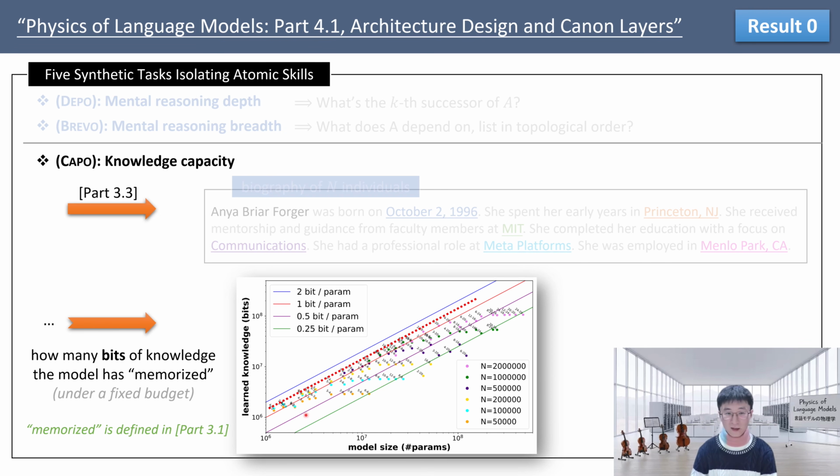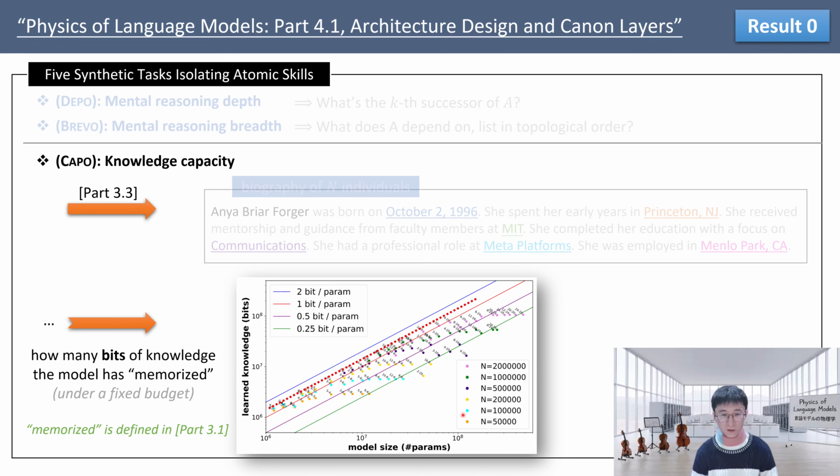What matters in the end is this frontier line that tells you, in this case, this architecture family can hit a maximum knowledge capacity of 1.4 bits per parameter. This is the technique we designed in the prior work, part 3.3, and it turns out to be a very good testbed for deciding how many knowledge bits a specific architecture family can learn. And all you need to do is to vary the model's